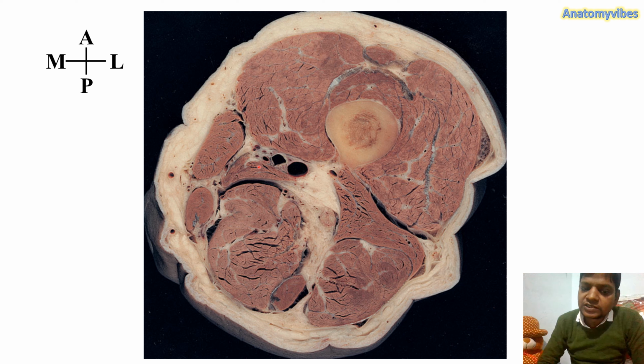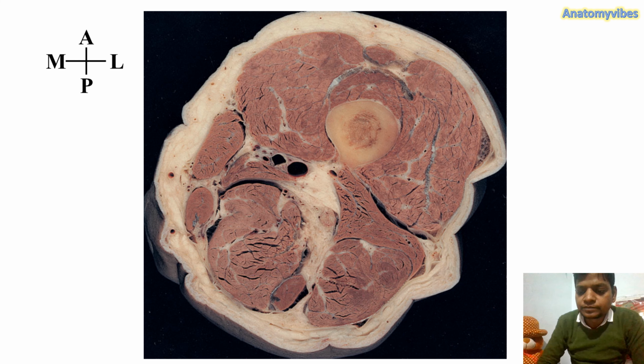Deep to that you can see the vessels and nerves in this region. So this is showing the adductor canal. And what are the boundaries? Sartorius fascia here, the subsartorial fascia. Laterally which muscle? Vastus medialis, and posteromedially these two muscles are here. This is adductor longus and this is adductor magnus. So this is the adductor canal. Hope you have understood this. This is showing the gracilis muscle and this is the other hamstring group of muscles. Hope this is clear to you.